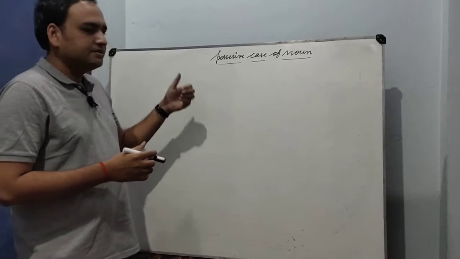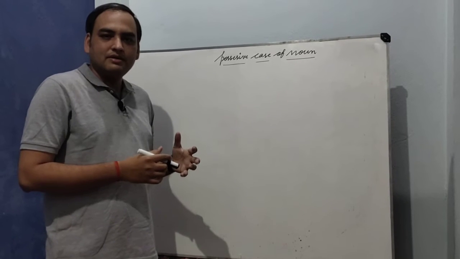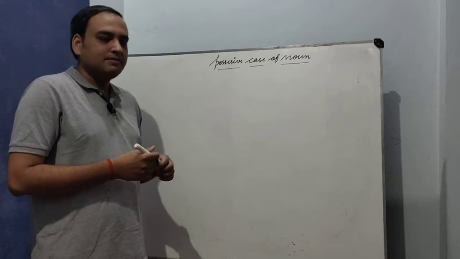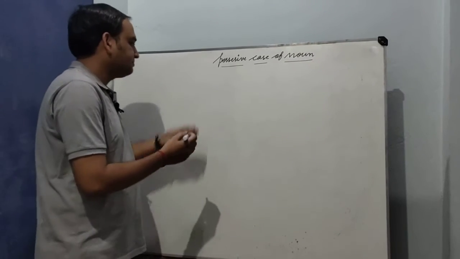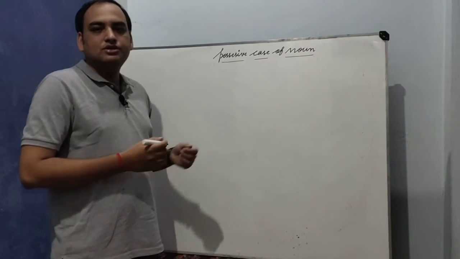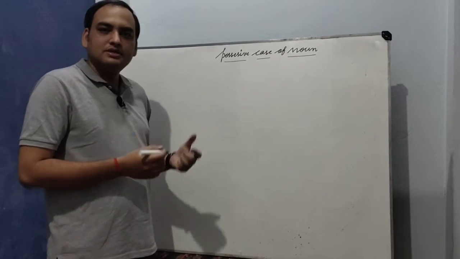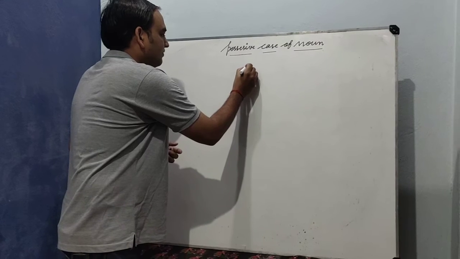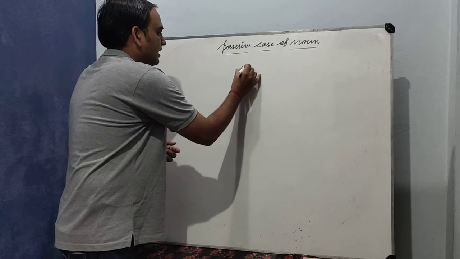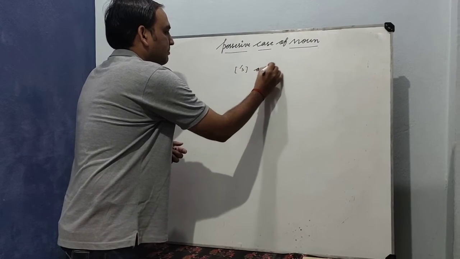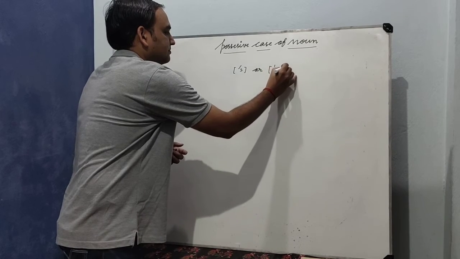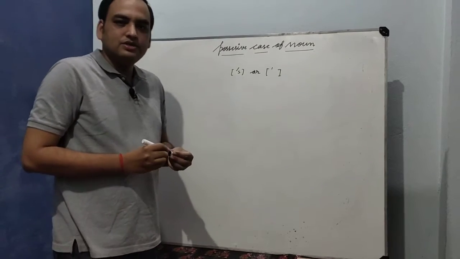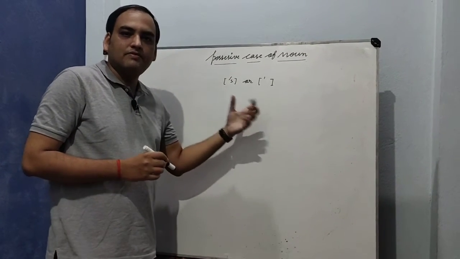As I have explained it before in a brief manner, but today we will discuss in detail what the possessive case is. Basically, possessives are used in two situations. If our component is a living thing, then we use apostrophe with s, and apostrophe without s. This apostrophe is used to make the possessive case of noun.